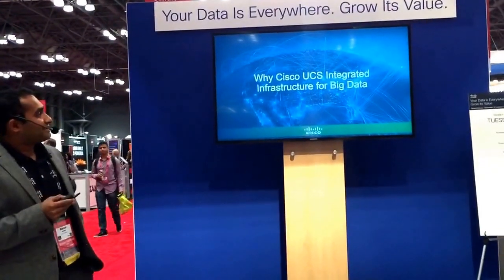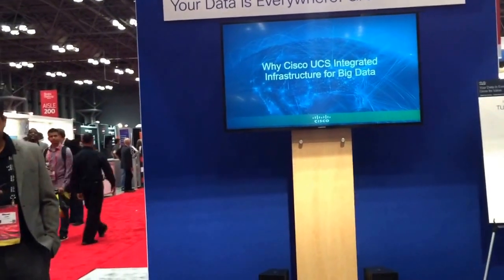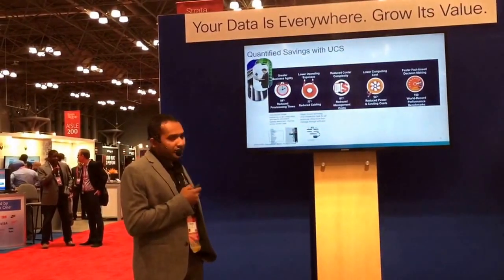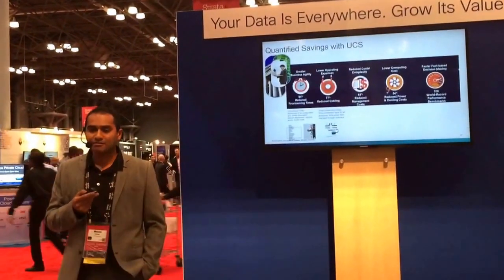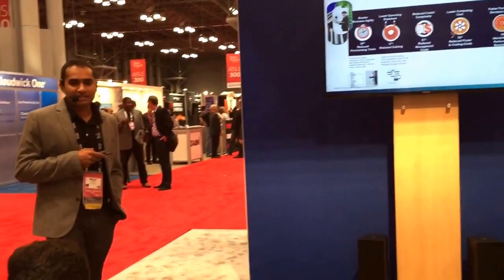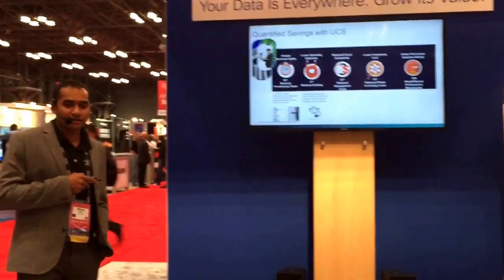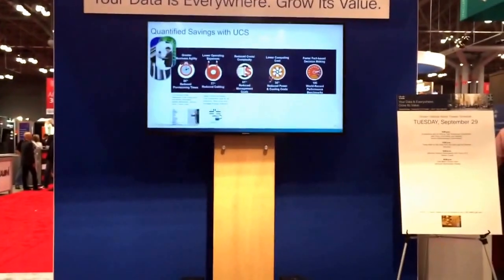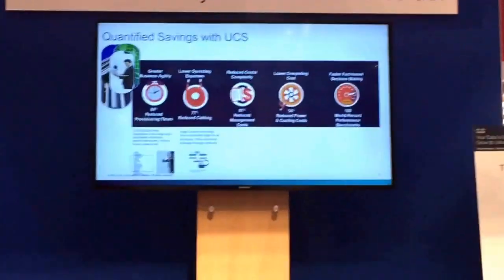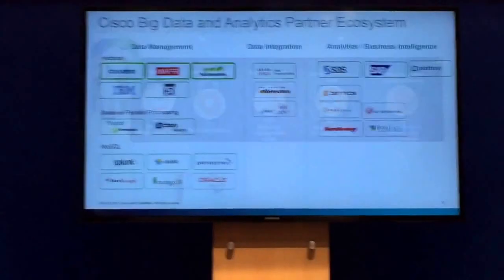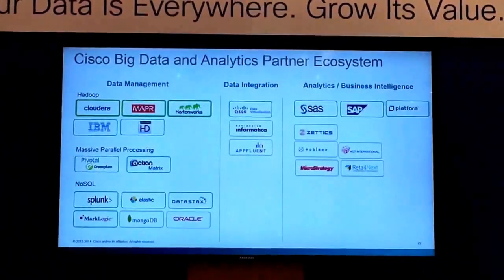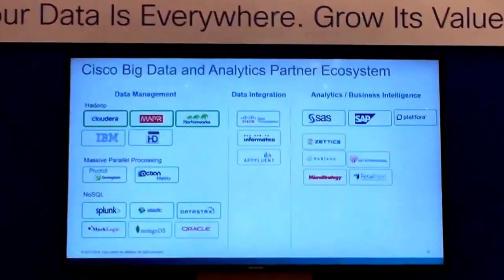Let's talk about why Cisco UCS Integrated Infrastructure for Big Data excels in performance. Let me go through this real quick. Reduced provisioning time, because UCS manages all the data center servers, everything. Reduced cabling because of the single wire management, data and management all in a single wire. Reduced management cost. Reduced power and cooling cost as well. And we have 100 world record benchmarks. We have an extensive ecosystem of partners. We are working with every partner and treat all of them the same.